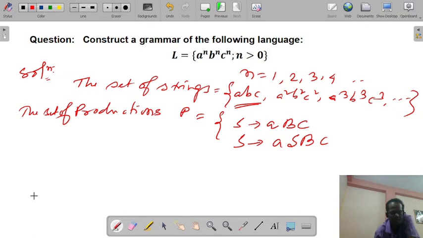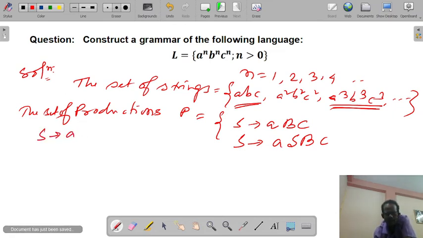So just to see, to produce this particular string a^n b^n c^n, S implies aSBC. S implies aSBC again, so a, S implies a, SBC.